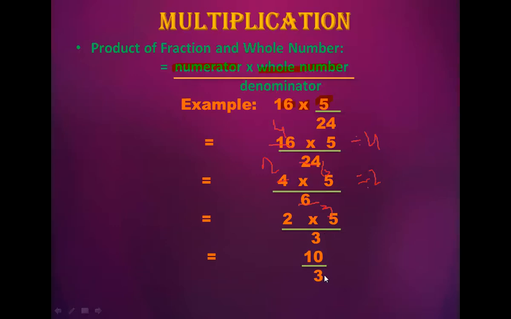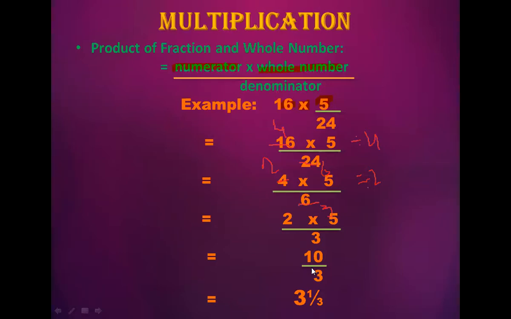Now what you will do here, you have an improper fraction. So you will simply convert this into a mixed fraction. After dividing in the working column, what I'll get here is 3 whole 1 upon 3. So this is the answer. You will not stop here because this is an improper fraction. If your answer is an improper fraction, you will convert it into a mixed fraction.